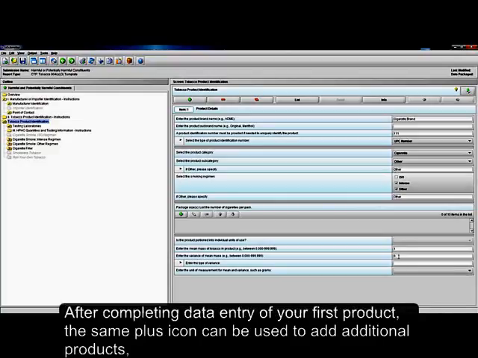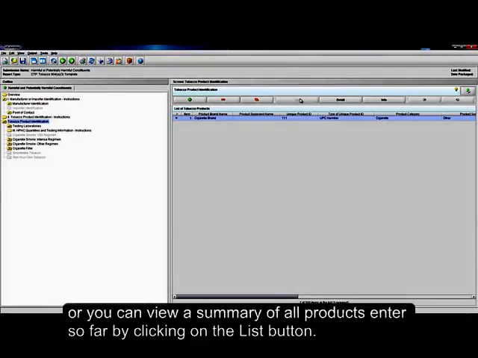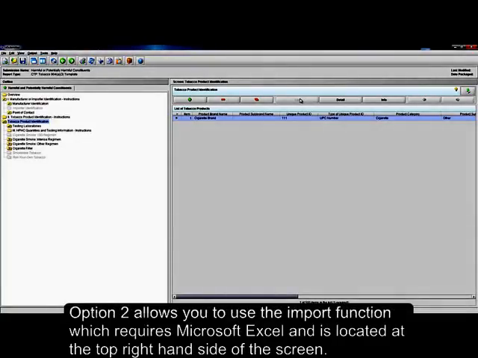After completing data entry of your first product, the same plus icon can be used to add additional products, or you can view a summary of all products entered so far by clicking on the List button. Option 2 allows you to use the import function, which requires Microsoft Excel and is located at the top right-hand